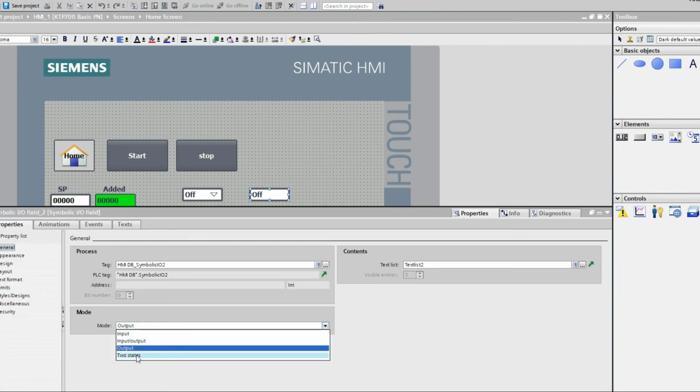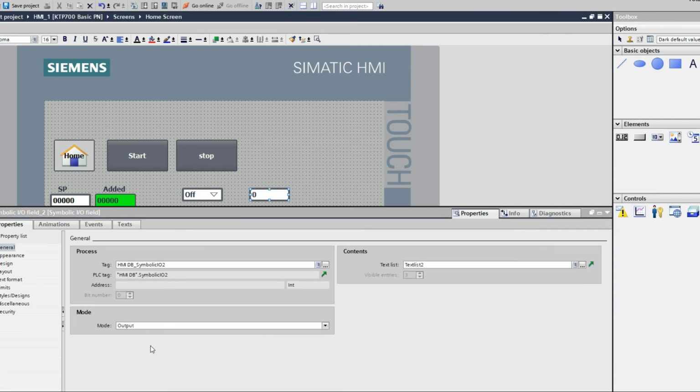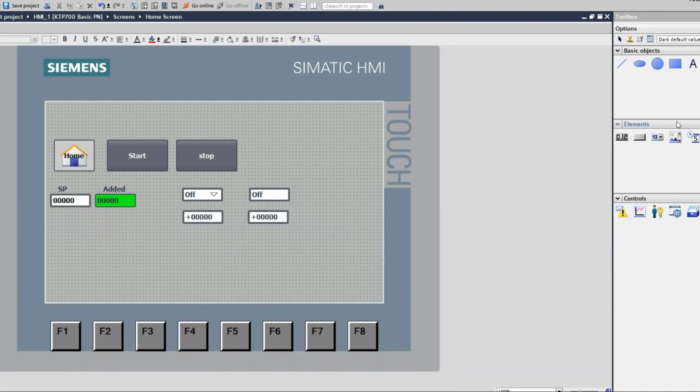Okay, now this IO field can be used as a two state. This two state only can be used for the output. We can see if we select the mode as a two state. Okay, I will add another IO field that is for two state. This is for input and this is for output,